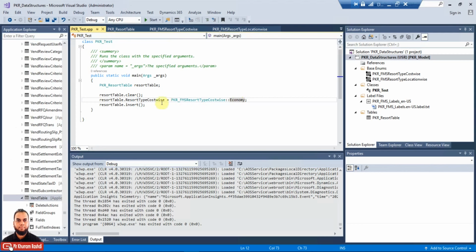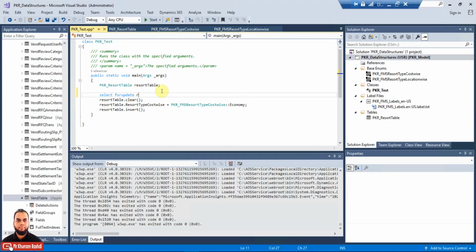Now we need to pass an update statement, and before that we need to select the resort table record. So we use select for update, and this statement is used whenever you want to retrieve a record for update purposes.